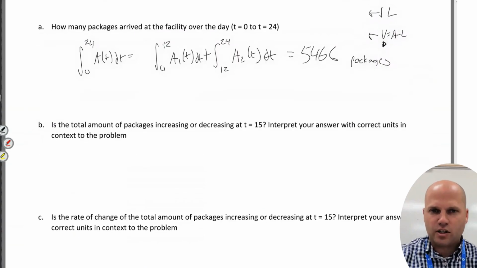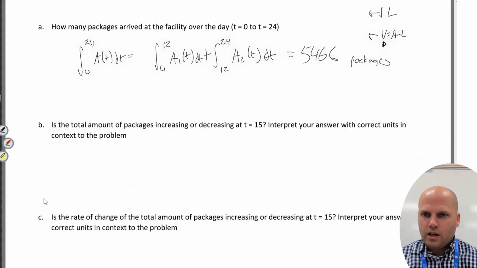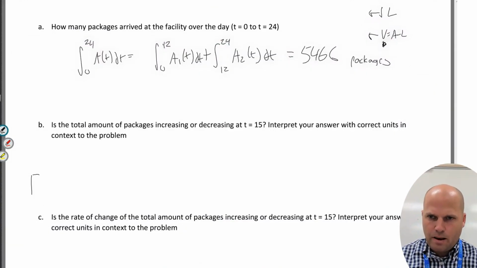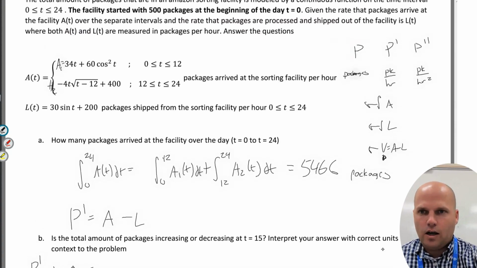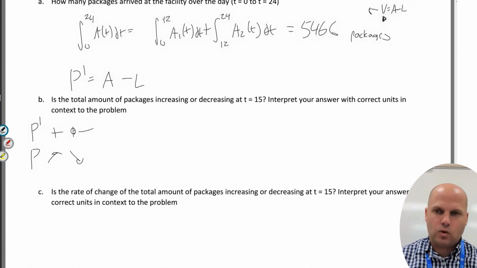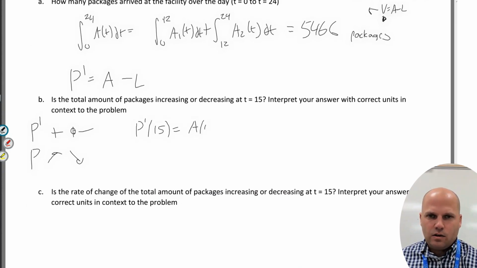Is the total amount of packages increasing or decreasing at t equals 15? I have to look at the rate of change of the total. I have to probably write down somewhere that P prime is A minus L: arriving, leaving. So I want P prime of 15, which is A of 15 minus L of 15, or you could say